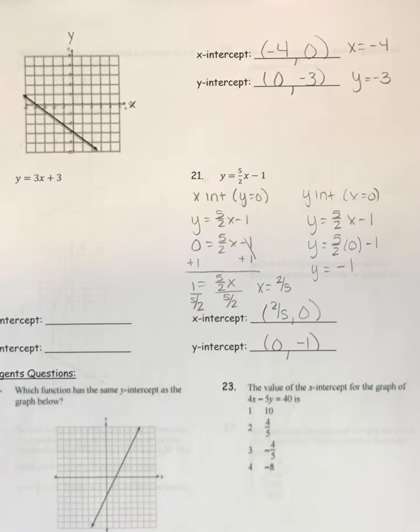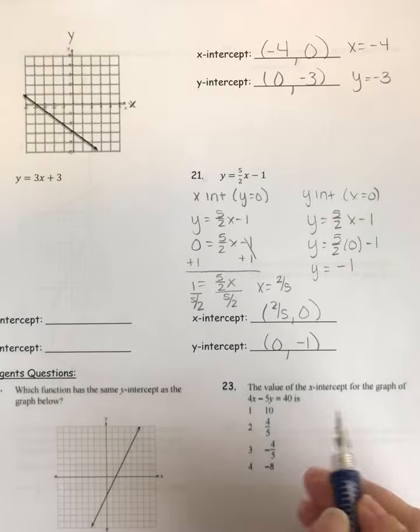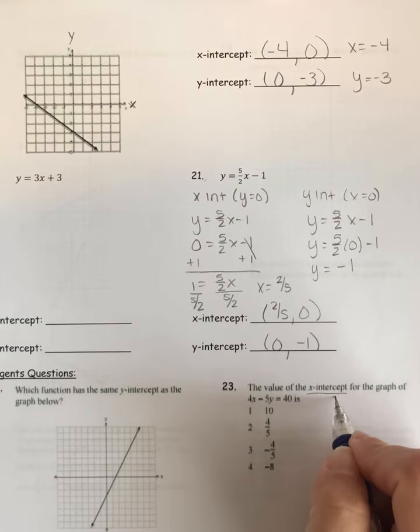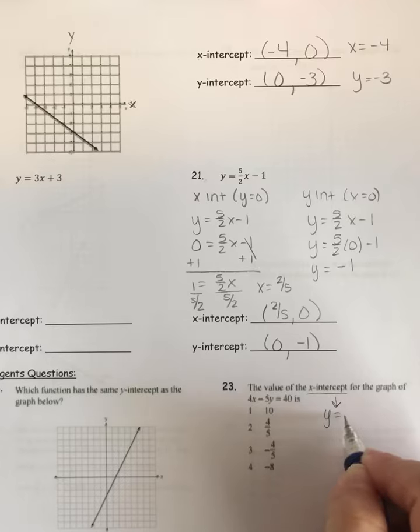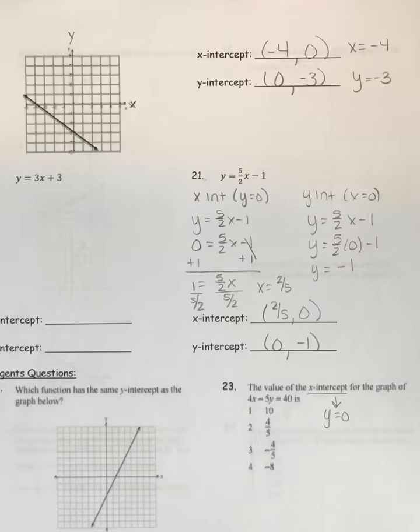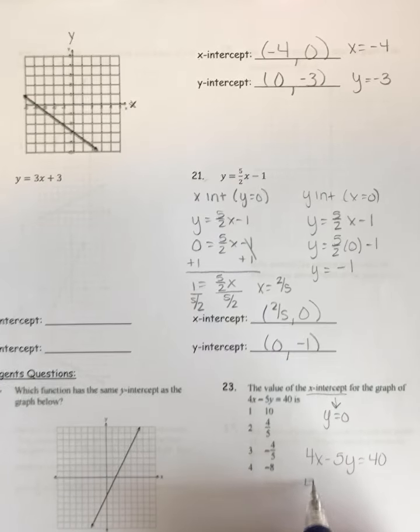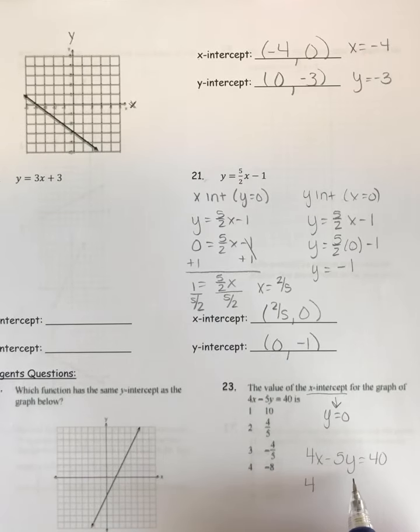Applications. So number 23, it says the value of the x-intercept for the graph 4x minus 5y equals 40 is. So we're looking for the x-intercept. Remember from the past 2 days, if we're looking for the x-intercept, we know that y is equal to 0. So if y is equal to 0, I can take my equation and plug 0 in for y. Because right now I can't solve this because I have 2 variables. But if I plug 0 in for y, I now only have 1 variable, which is x, and I can